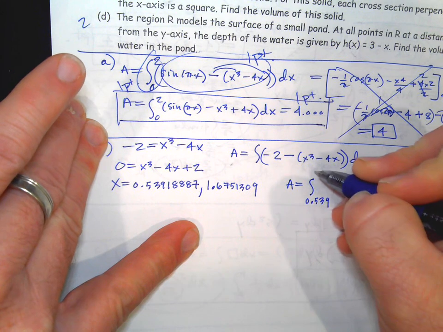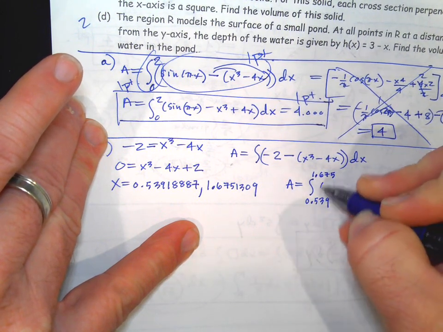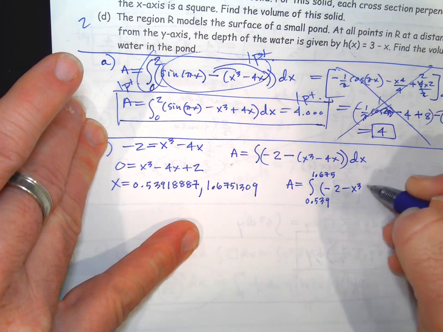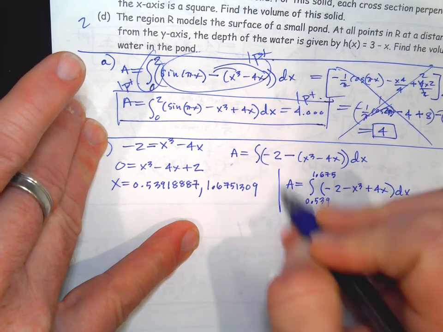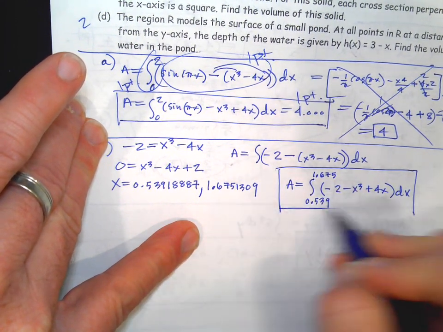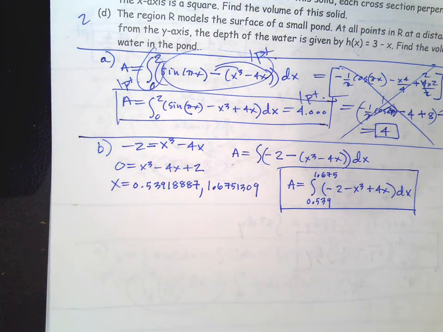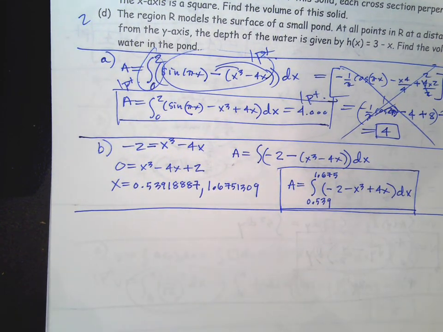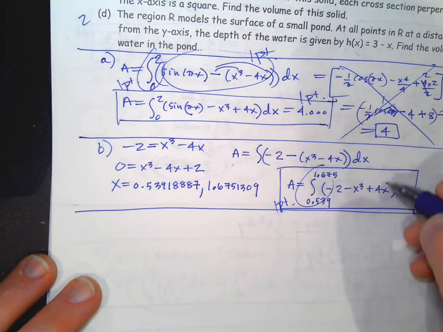0.539. Now for this, you could probably just write 3 decimals because we're not going to actually finish it. We could pretty easily on our calculator, but they told us not to. So if you do extra work, it could cost you points. It's obviously going to cost you time. So there you go. So that was 2 points, 1 point for your limits and 1 point for your integrand,